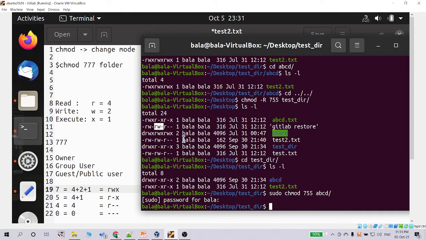The group user also has the same permission, and there is only read permission for guest users, other users. Okay, that's it. In this column, the name is the owner who created that particular folder or file.